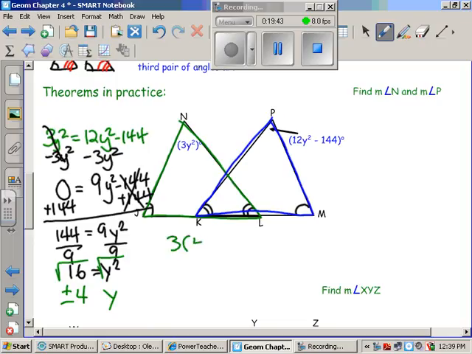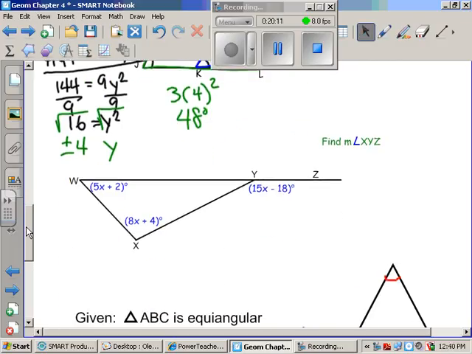So I'm going to plug in my 4 and square it. 16, or 4 squared is 16 times 3 is 48. So I get 48 here and there. Okay, and if I wanted to check that, I could plug 4 in there and make sure it was right. Alright, I just want to show you that one because maybe it's been a while since you had quadratics. Why don't you try this one on your own though, because it's just